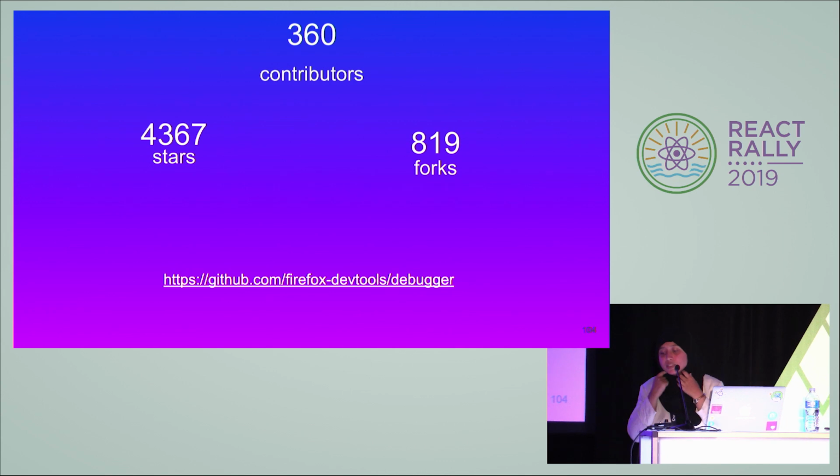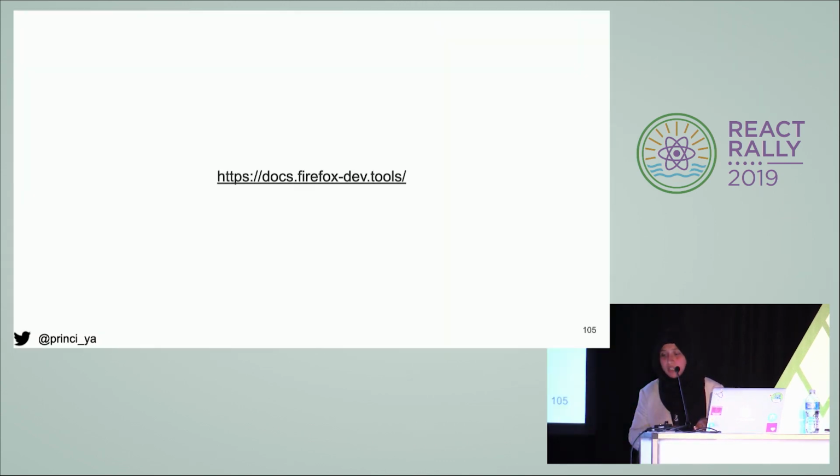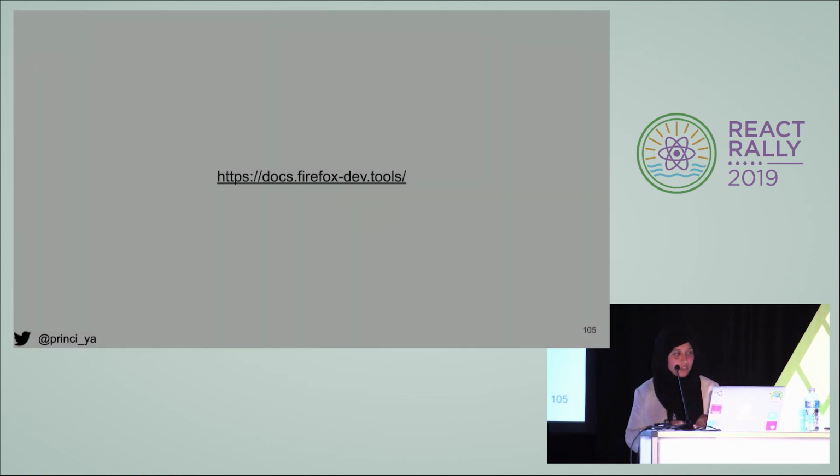There is also this repository on GitHub with these numbers, but due to one new version of Firefox, the current version on GitHub is a bit out of date. So all of the development has switched to Mozilla Central, which is, again, just a one-time setup, nothing scary, and after all, it's just a React and Redux app, so we should be able to debug. So head on to docs.firefoxdev.tools to get the source code and all the instructions.